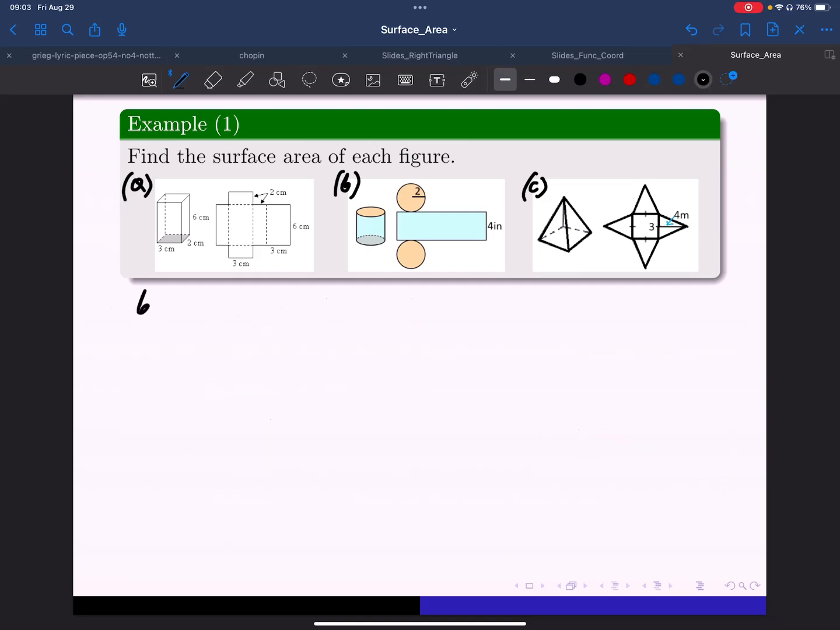Part B, we need to calculate the area of the bottom, which is a circle. How do we calculate the area of the circle? Area of the circle is pi r squared. So in my case, the area is pi times r, which is 2, squared. So this would be equal to 4 times pi, which is, use the pi button, so would be